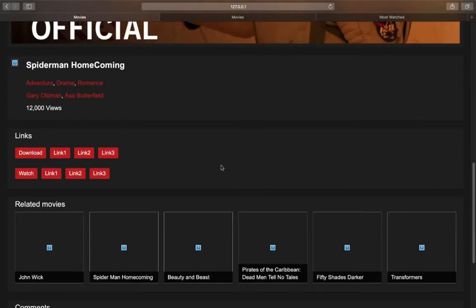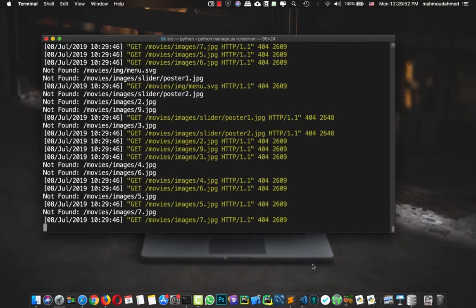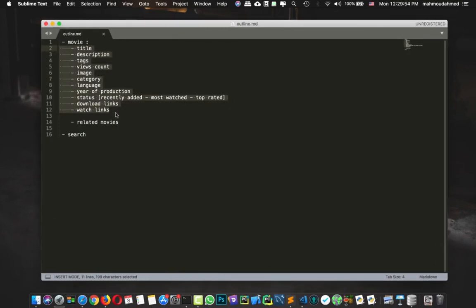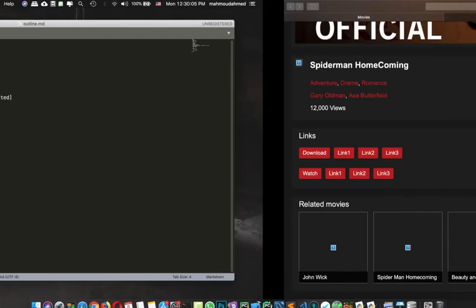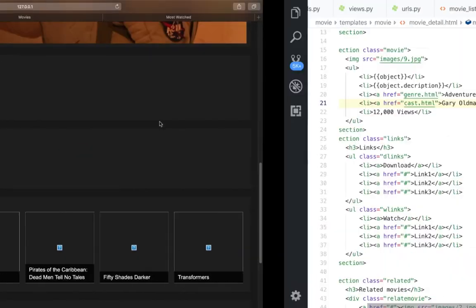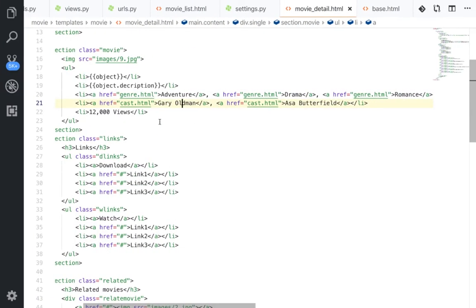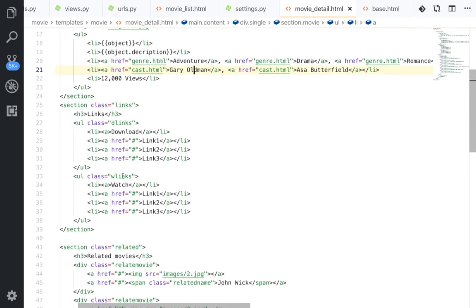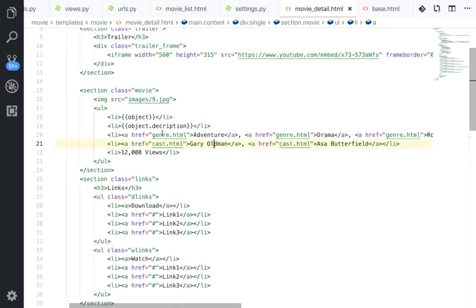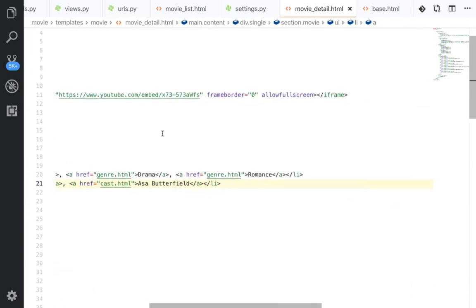So we need to add this to our models, the cost, and so we need to add the cost of the movie, and we need also to add the trailer link. Okay, so we will add them in our models, so don't worry. So we have the download and views link, we will add them also. We have the related, okay, but we need to add